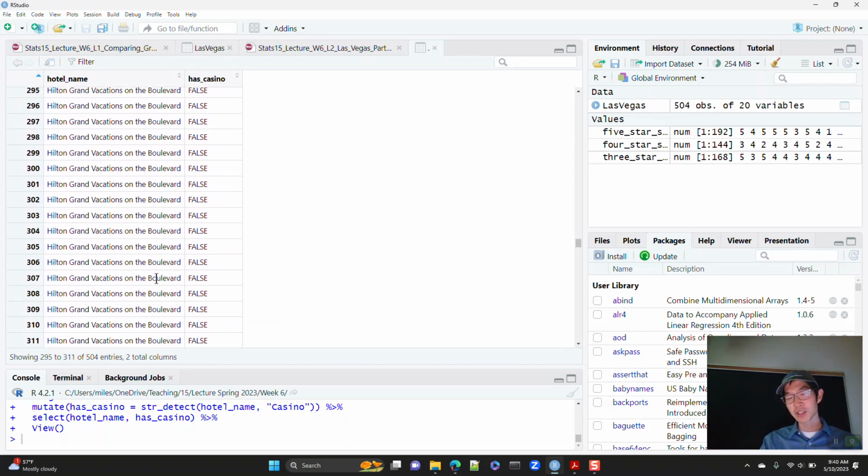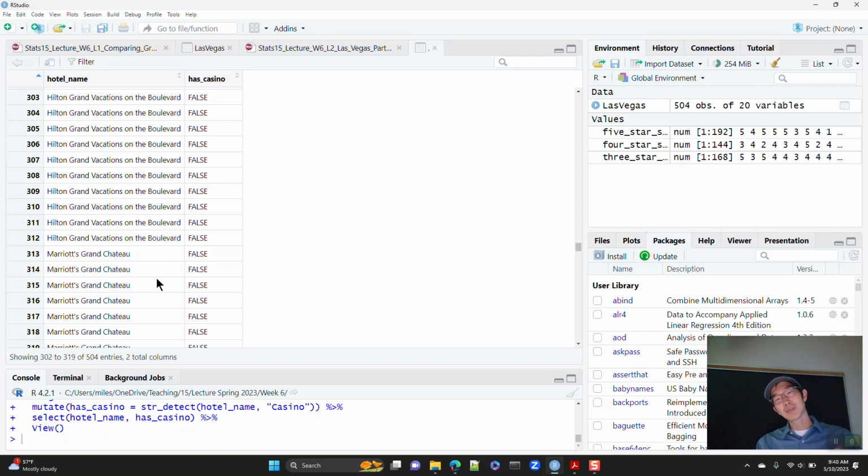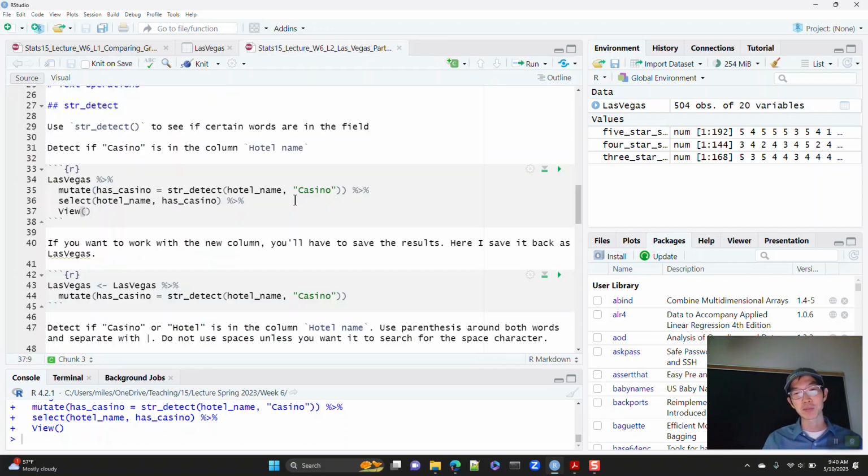Hilton Grand Vacations also, I believe, is a hotel only and does not have a casino. Okay, so this column of has casino is strictly on whether the official name listed in this data contains the word casino or not. And maybe that's not a good predictor. Maybe you actually want to go and look up these hotels individually yourself. I think there's 24 hotels or something, so maybe it's not too much work to do.